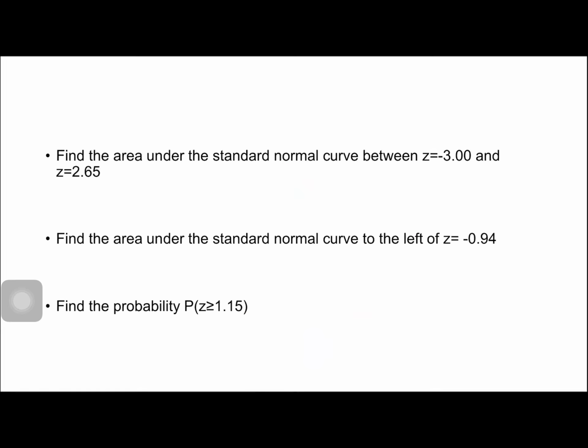Okay, next. Find the area under the standard normal curve between z equal to negative 3 and 2.65. Okay? So, again, let us draw. We have here our negative 3 and our positive 2.65. Okay? So, we need to find this area. So, that is, of course, we have Q of 2.65 plus the Q of 3. Okay? So, we have 2.65